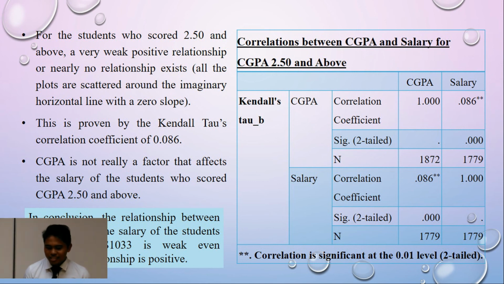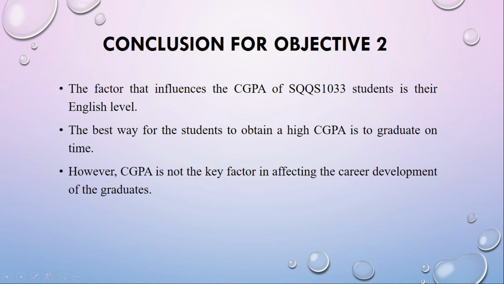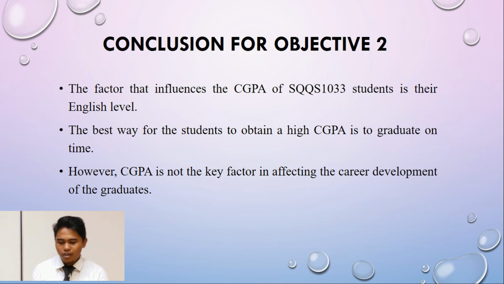In conclusion, the relationship between the CGPA and the salary of the students studying SQQS 1033 is weak, even though the relationship is positive. Conclusion for year 2: the factor that influences the CGPA of SQQS 1033 students is their English level. The best way for the student to obtain a